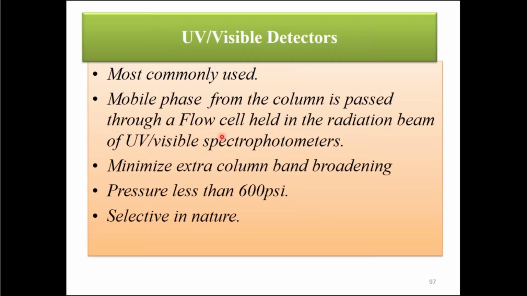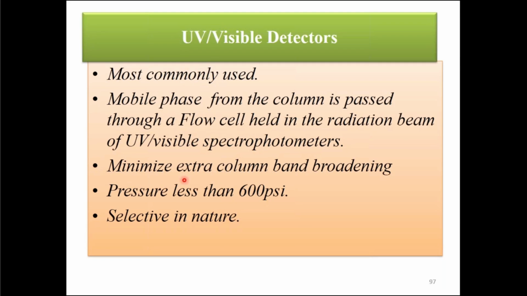passed through a flow cell. A flow cell would be something like a tube through which it will be passing, held in the radiation beam of UV visible spectrophotometers. So you will have the full UV visible spectrophotometer where you place the cuvette, where you place the sample holder. Instead of that, there will be a flow cell through which liquid will be continuously passing. That's why it's called a flow cell, not just a cell, because liquid will be continuously